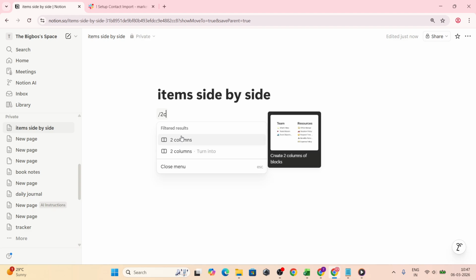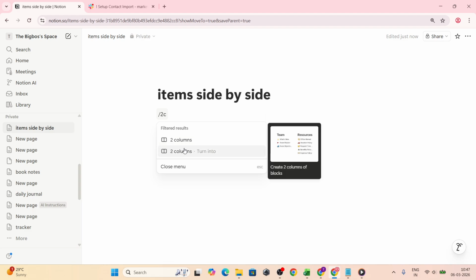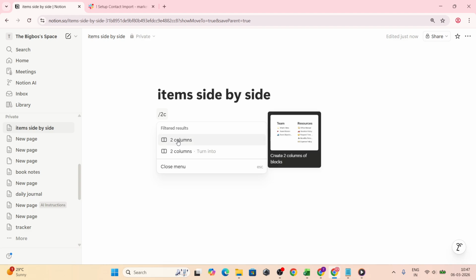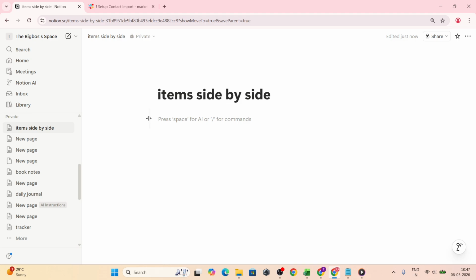When the menu pops up, choose the layout you want from the options shown, like 2 columns or 3 columns. You can click it with your mouse or use the arrow keys and press Enter. The moment you confirm, Notion will create the column layout right on your page, giving you side-by-side sections that are